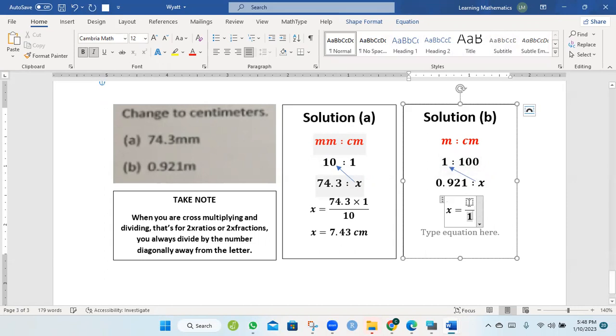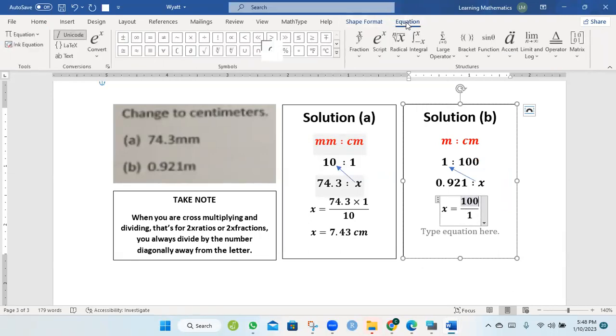And we multiply 100 to 0.921. Multiplying by multiples of 10 is very simple. You just shift the decimal point, the number of places, based on the number of zeros. 100 has 2 zeros, so that decimal point must shift 2 steps towards the right, 1, 2, so that will give us